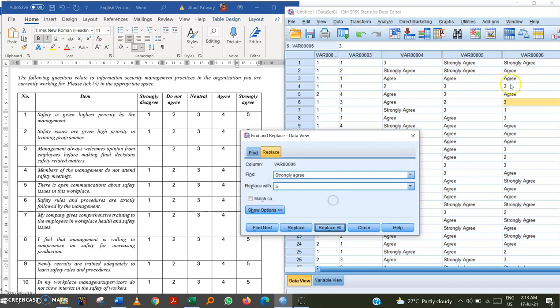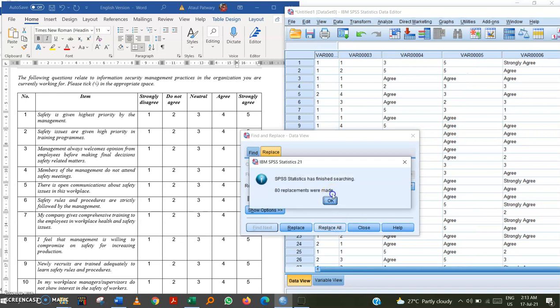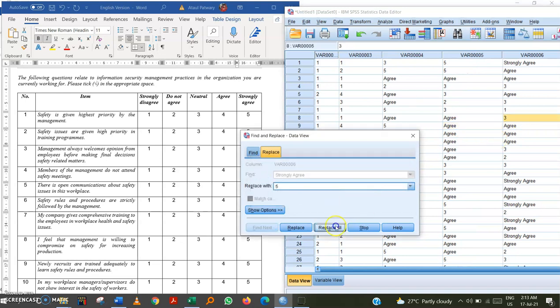You see. Okay, one more thing we have to do here, because we can still see some strongly disagree here. So it means there is a problem with the capitalization. So now we are going to use the capital A, and we are going to give another search, another replacement. Okay, just click anywhere on the cell, then again. Okay,